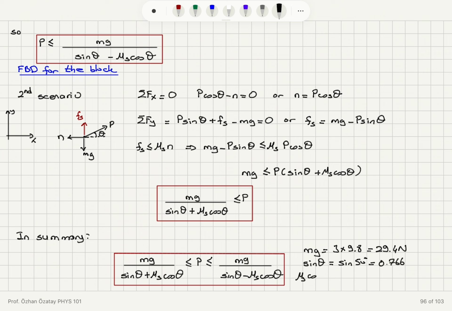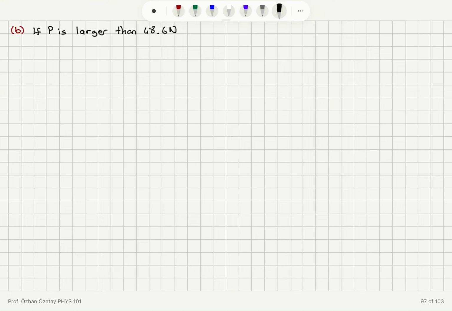Now, I want to know what happens if P is larger or smaller than these values. So this was the answer to part A here. Now I'm going to work on part B. So what happens if P is larger than 48.6 newtons? First scenario, I have a very large force. The block starts accelerating upward